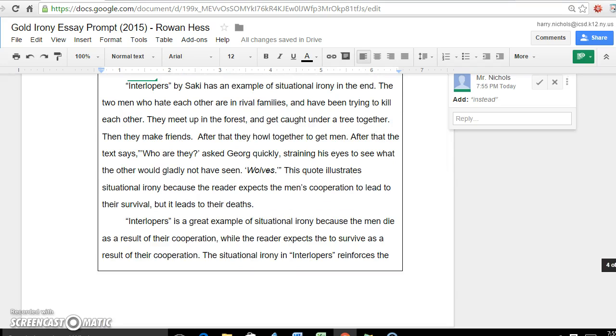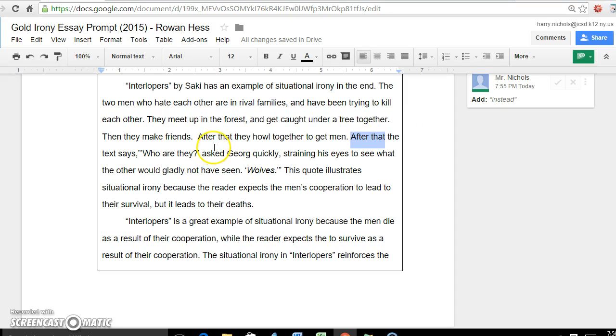The Interlopers by Saki has an example of situational irony at the end. The two men who hate each other are in rival families and have been trying to kill each other. They meet up in a forest and get caught under a tree together. Then they make friends. After that, they howl together to get men. After that, the text says. Yeah, so this repetitious after that, right? That should be an alert to you, right? We don't want to have after that, but that should notify you to the fact that you've got too much